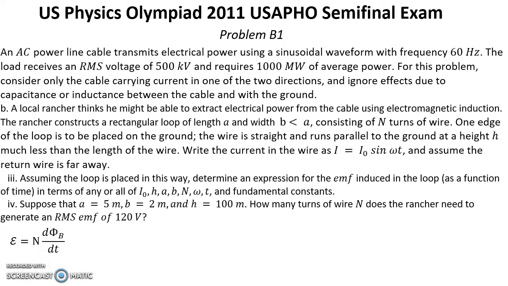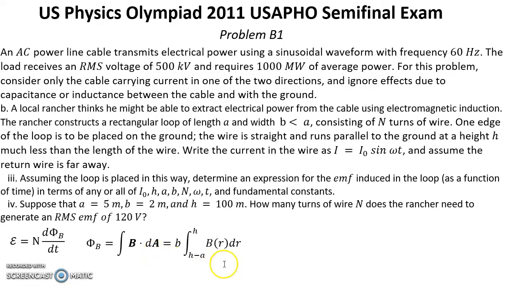So first, using Faraday's law, we can find what is EMF in this loop. That will be the number of turns multiplied by the change of magnetic flux per unit time, dΦ_B over dt. So we have to find what is the magnetic flux for this loop. Magnetic flux will be this integral B·dA, where A is the area for small parts of this loop,